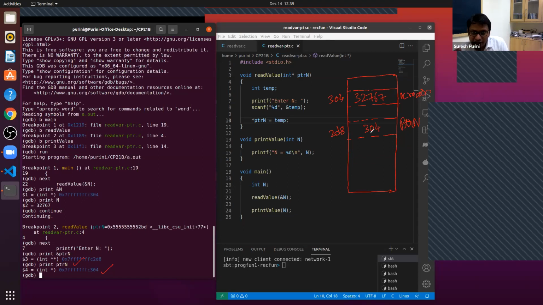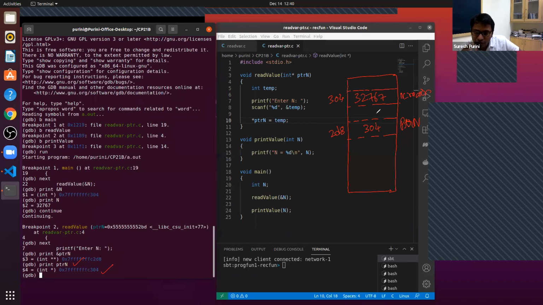Int star indicates the data type of the variable ptrn. So ptrn is holding the address of a memory location whose type is integer. No, it's not a variable itself. Don't get confused. Just pay attention here. The data type of ptrn is a pointer to an integer.